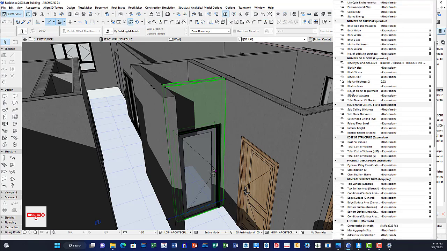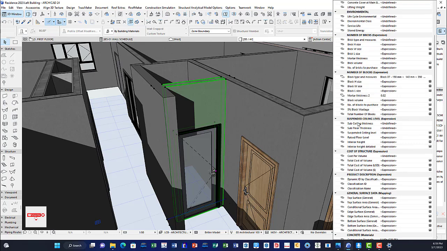We have bricks here and our blocks are here, right? We have our blocks here. So we know that our block is 190 millimeters by 140 millimeters by 390 millimeters, right? So we have the height, we have the width, and we have the length, right? We're good to go. So this is the one that we have chosen for this wall, right? And then for the block height, we know already. We have already